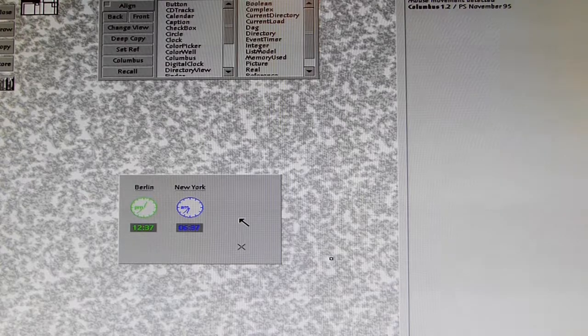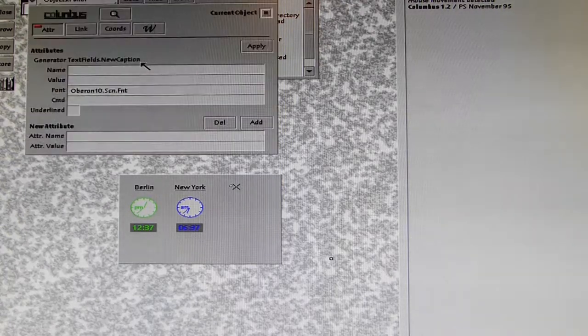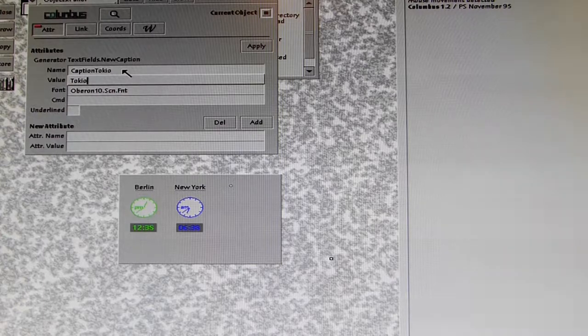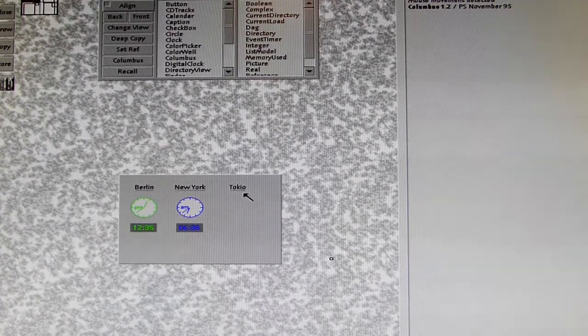Okay, let's place another time zone here. We put again our cursor right next to New York and we select caption again. Now we call this caption Tokyo, and it should display Tokyo. It should be underlined. Check apply, and here we are. We could drag this a little bit to the right like this,